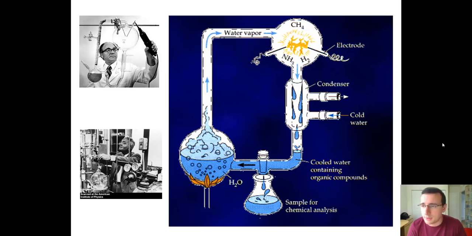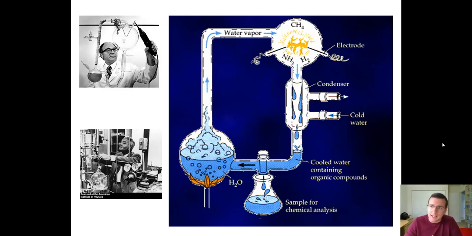Now, the Miller-Urey experiment created a model of the early atmosphere of the Earth. Basically, they had a chamber, that you see in the top right of the drawing, full of methane gas, ammonia gas, hydrogen gas, and water vapor. And then you have an electrode to simulate the effects of lightning. And this electrode provided energy to break apart the elements on those simple molecules and recombine them into more complex molecules. And then these molecules were removed from the atmosphere through the condenser, which is simulating rain, and then they would fall into a pool in the bottom that contained these organic compounds, and then dripped out to a